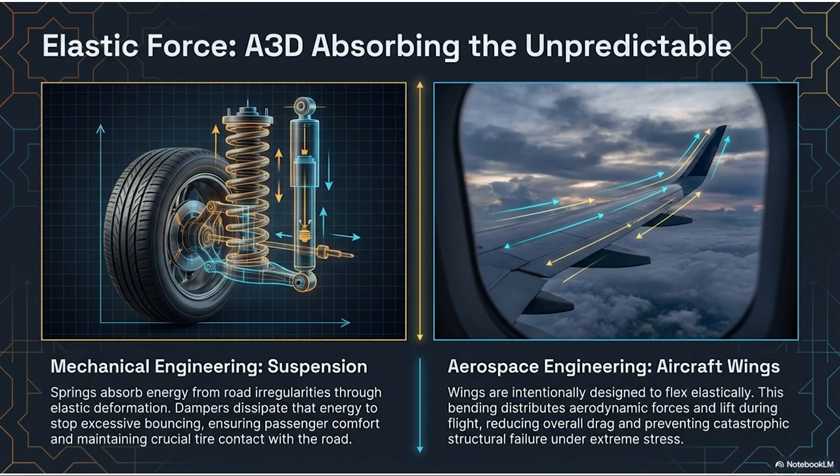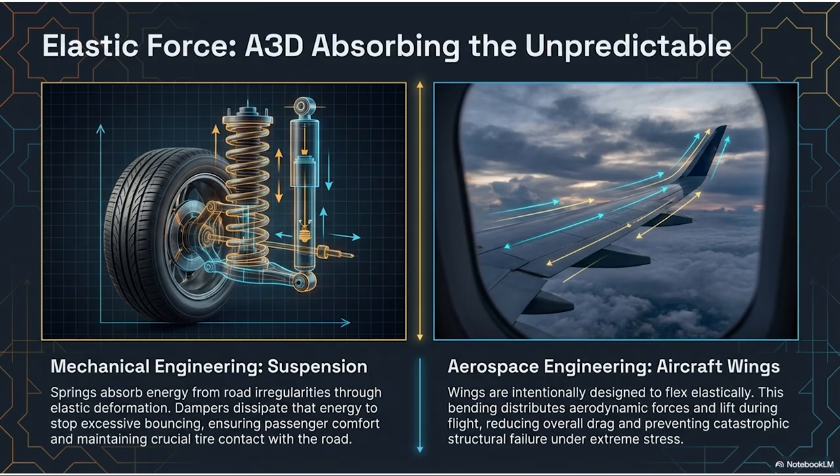Essentially, the tire hits the bump, the wheel is shoved violently upward, but instead of shoving the whole car up, the spring simply compresses. It temporarily stores that violent energy. But a spring alone is a disaster. If you just had springs on your car, what happens after you hit the bump? The spring uncoils and pushes the car back up, and then gravity pulls it down and the spring compresses again. You'd just be bouncing down the highway like a pogo stick. Boing, boing, boing for miles.